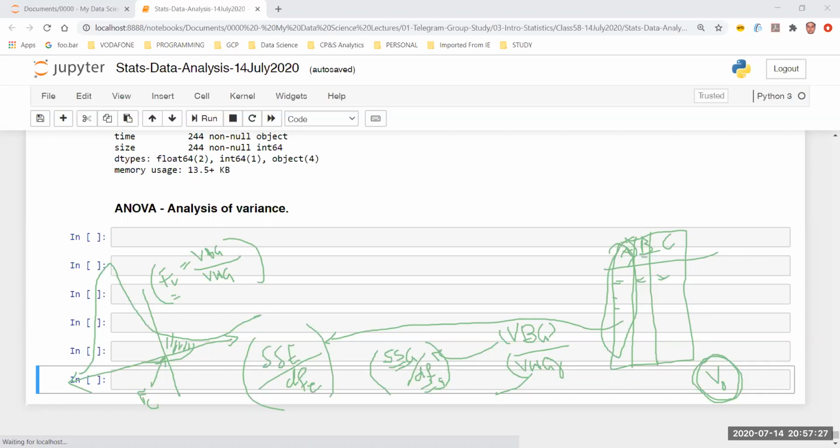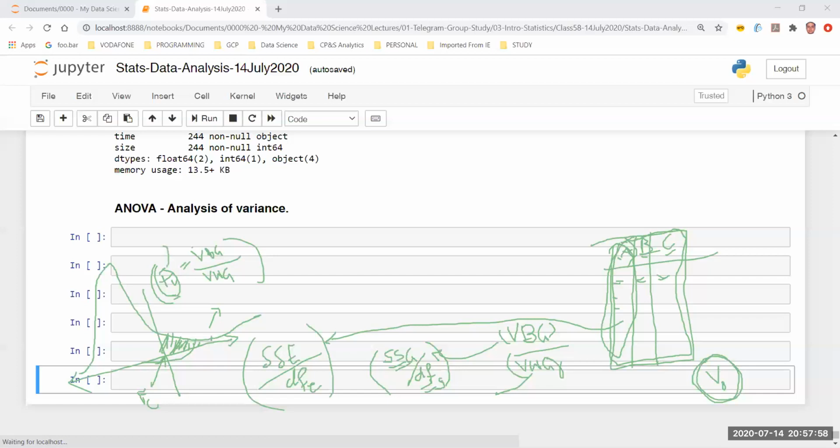This will be the formula on the basis of which I'm going to calculate the F value that is relevant to my question. In my setup, I have three samples A, B, and C, or three random variables A, B, and C for which I have samples, and I will be calculating VBG and VWG, and then simply do a division and find their value. If that F value falls within this critical zone, then I clearly say that I can reject the null hypothesis. The rest of the operations that I do are the same as what I have done earlier. There is no difference.